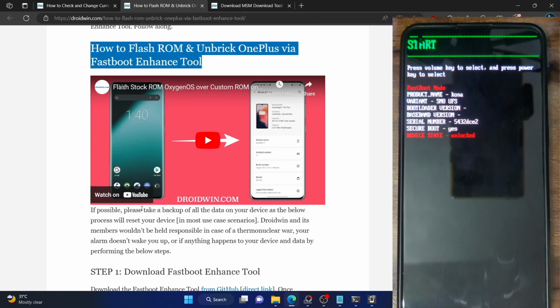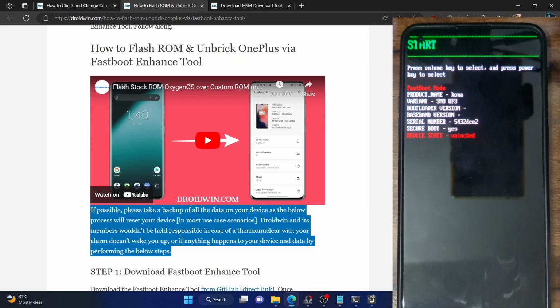However, if it does not work in your case, then at the very most, what will happen is your phone will go to a heartbreak state. For OnePlus, that is not a cause of concern, as we could easily bring our phone from dead even in heartbreak state. And as of now, I will be opting for that approach itself.